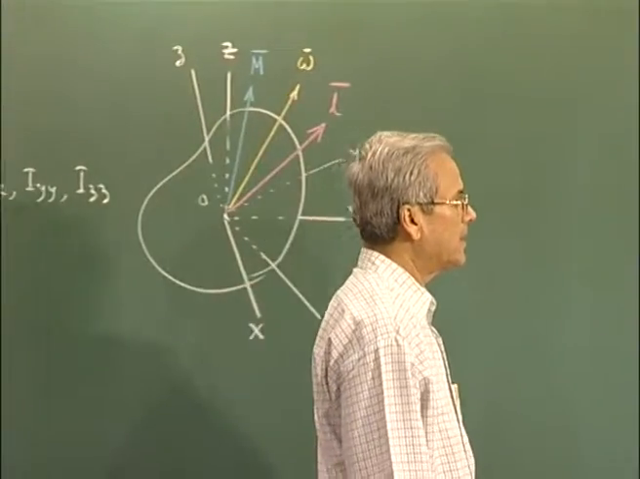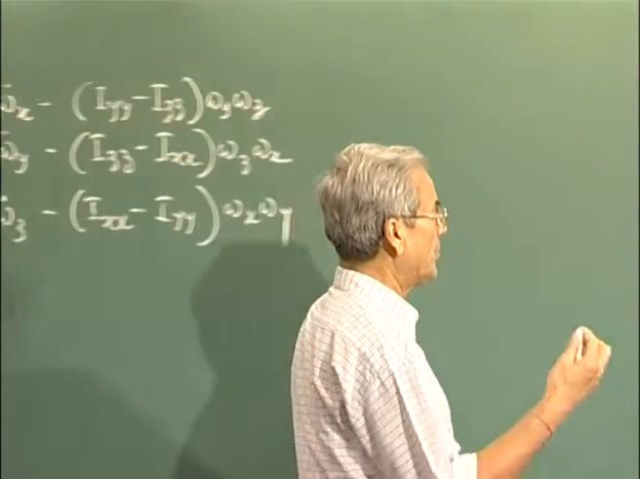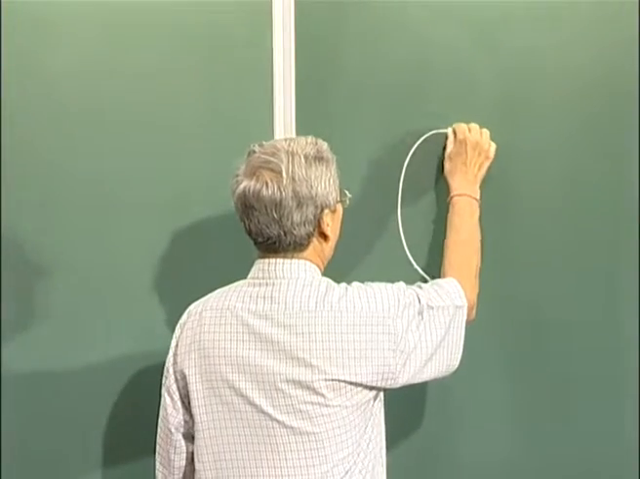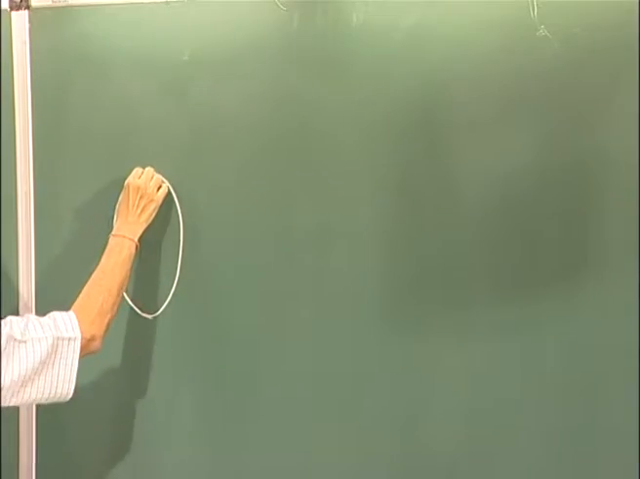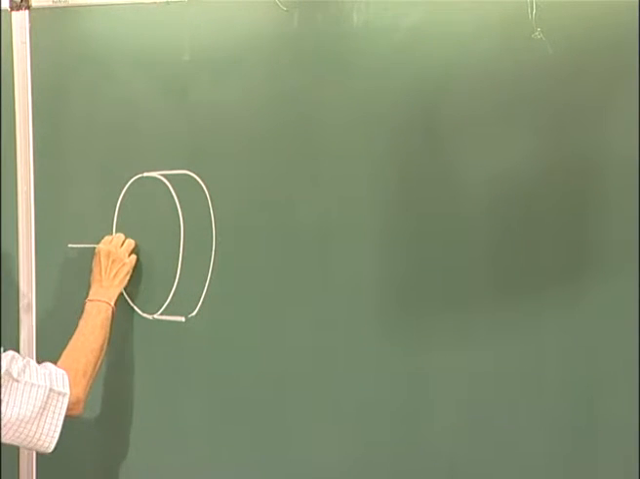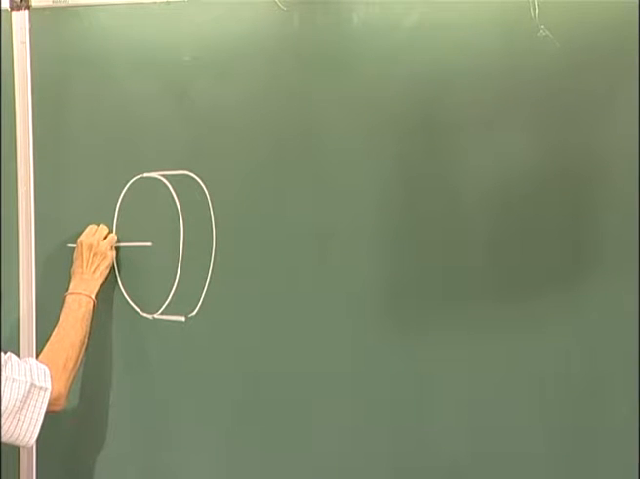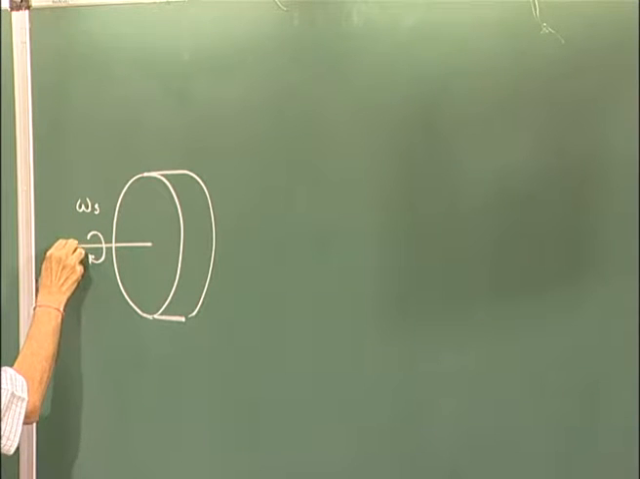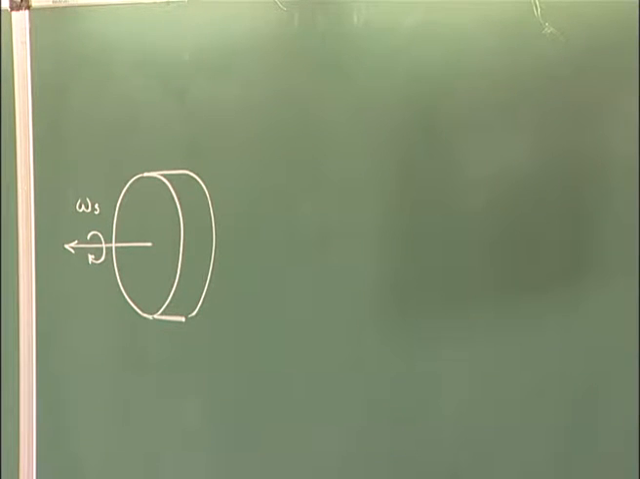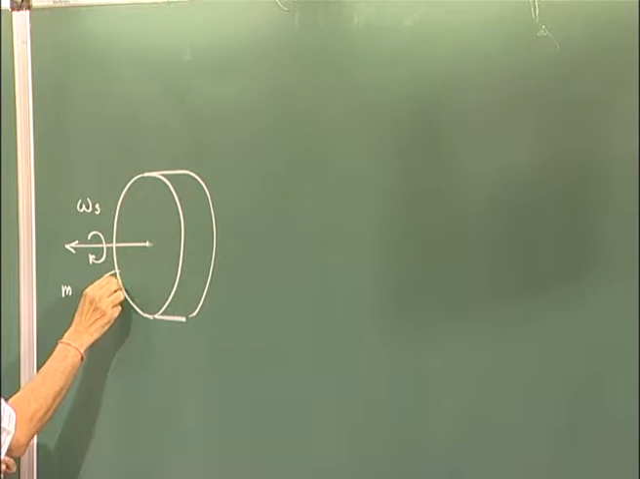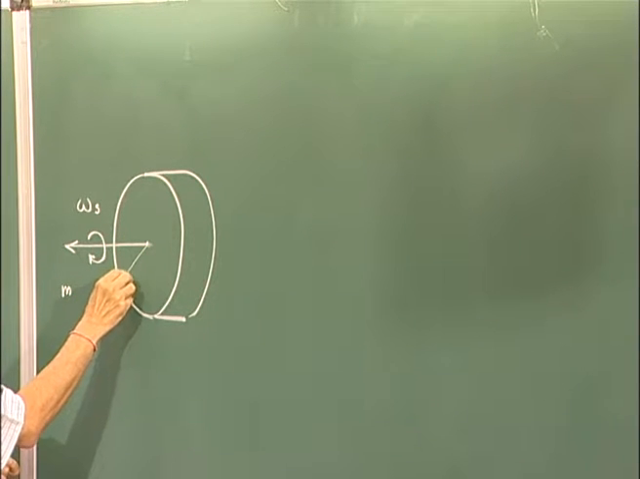If we now apply this to a simple problem which we encounter in engineering quite often, where a disk that is rotating with an angular velocity omega s about its central axis, which has a mass m and radius r,